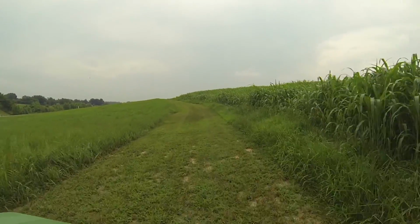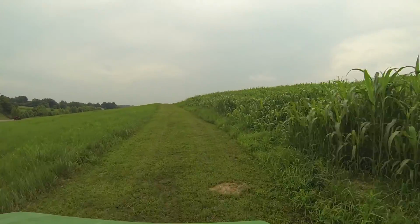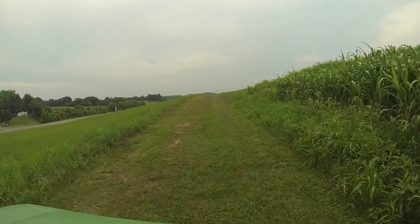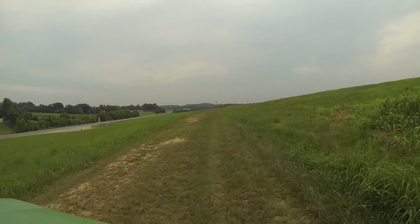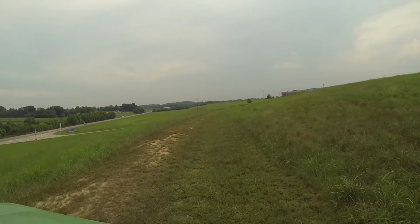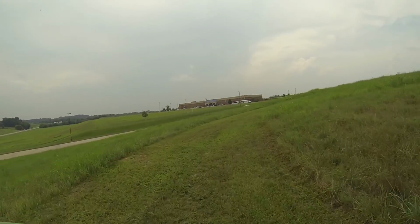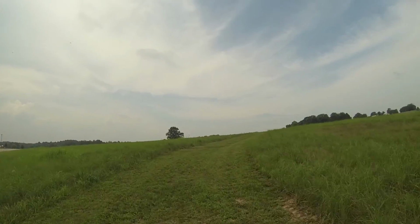We are on a fairly sharp uphill or upgrade along the cornfield, heading east again. Still on that uphill. This part of the course provides a panoramic view of the school and the school property to the east. A beautiful view. We are now getting ready to enter what I consider the greatest part of the course, and